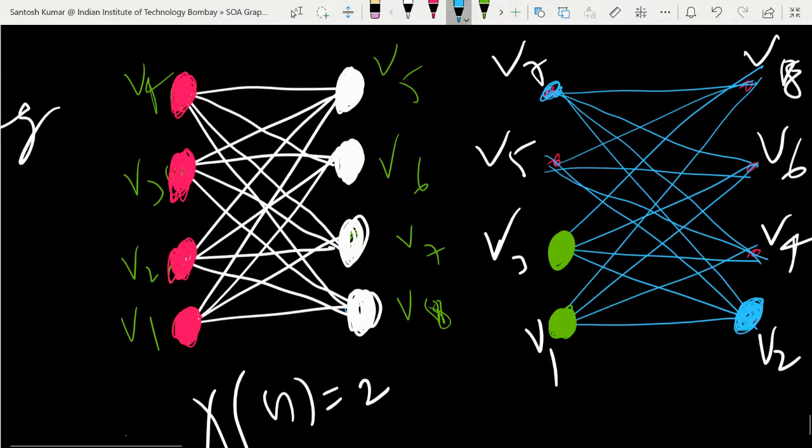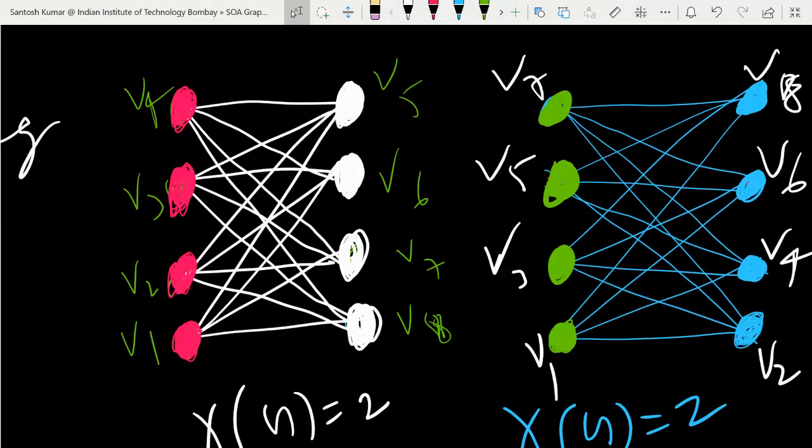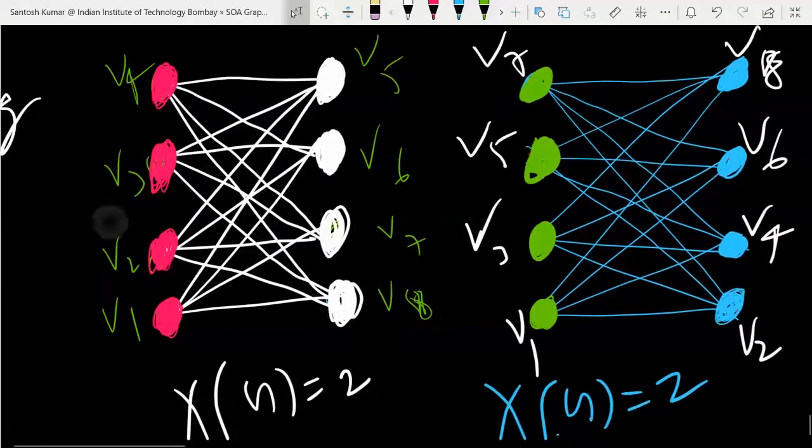So again V4 you can give the color of V2, one by one. Okay, so the algorithm says you first give color to V1, then V2, then V3, then V4, and go accordingly. So V5 you can give the same color as V3, then V6 the same as V4, and V7 as V5, and V8 as V6. You will still see the same chromatic number, no problem. So simply this algorithm says first you order the vertices and then you give them a color, as a rule, like a proper coloring.